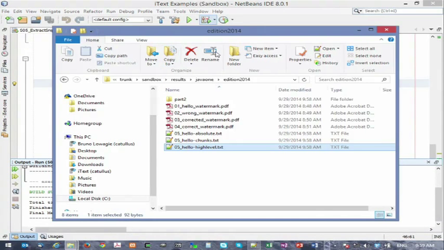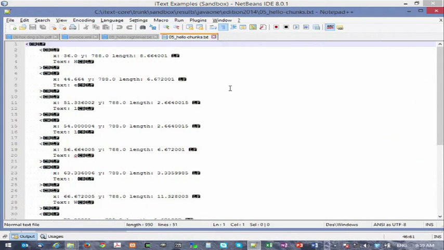Now, for the second example, you can see this was the example where all the letters were added separately to the Hello World PDF file. So when we extract this, we have separate coordinates for each letter. And we also have the H here, the E, the L, which spells out Hello World. But it's stored very differently, and obviously it will also be extracted very differently if we process this file.